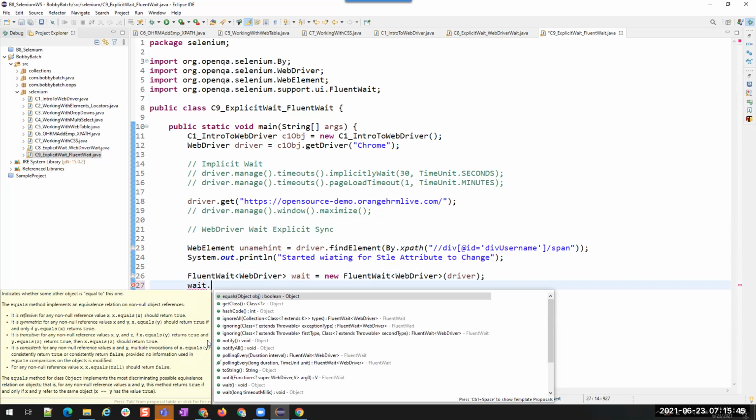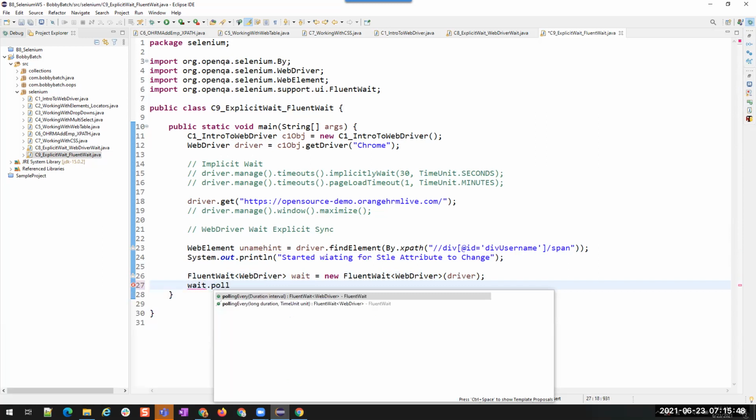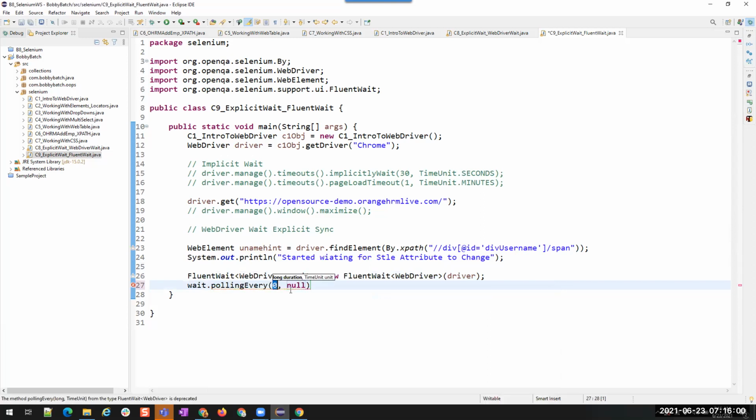Now, that is polling every. You see this? Polling every. There are two methods. One is deprecated, the other is the new one. The deprecated one is the old way that we were using, which takes two inputs: how much time you have to wait and what the time unit is.